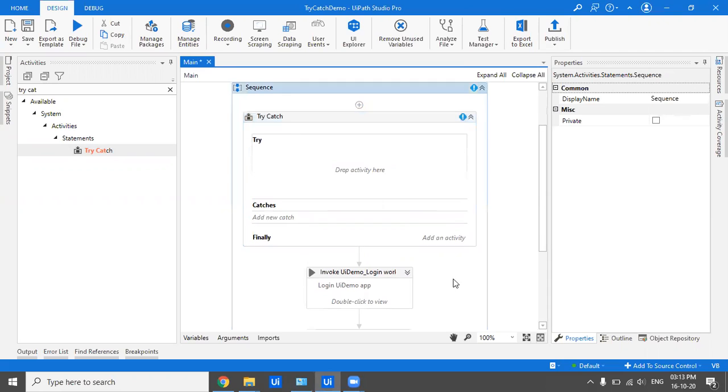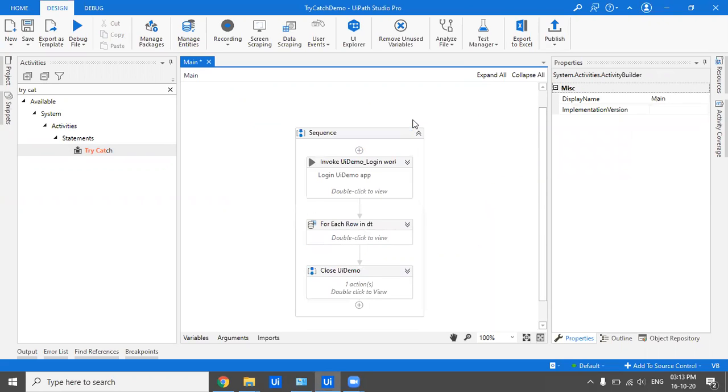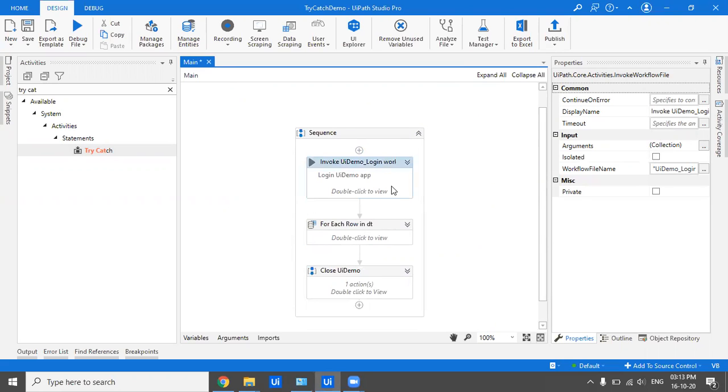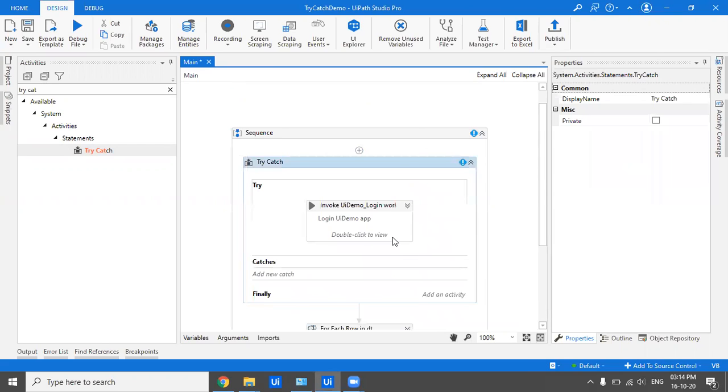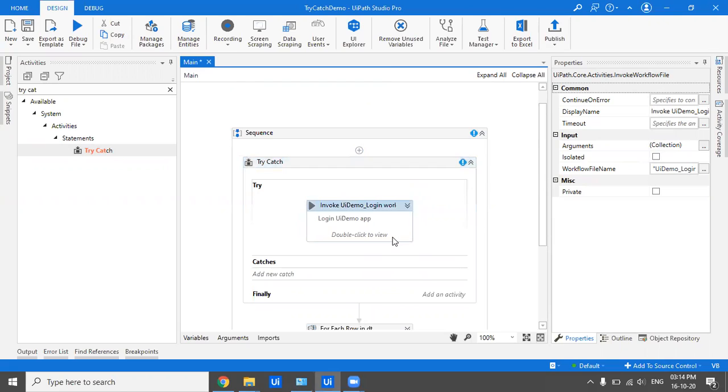The other thing you can do is, if you want this particular workflow to be surrounded by try catch, you can just right click and you would get this Surround with try catch, and as you click it, this particular workflow would be surrounded by try catch.